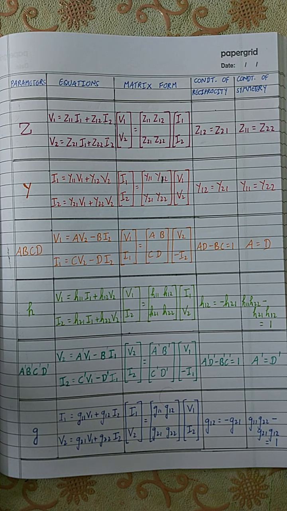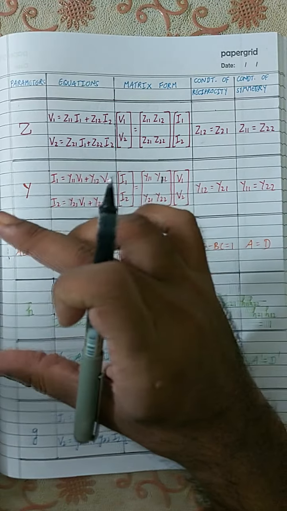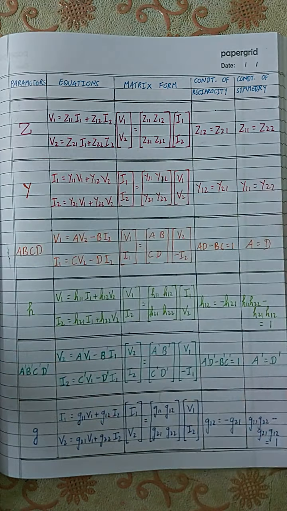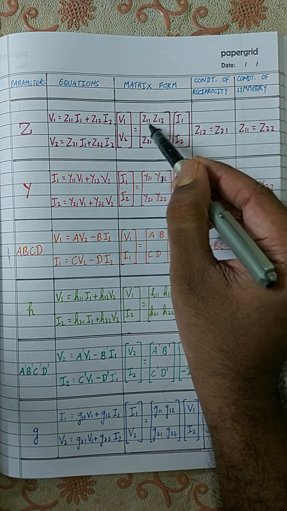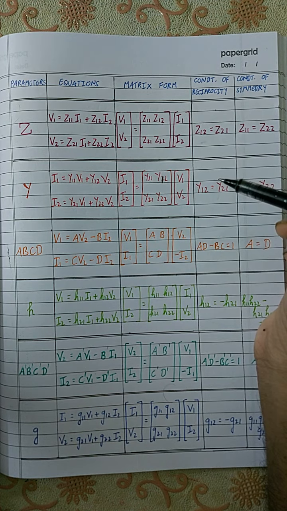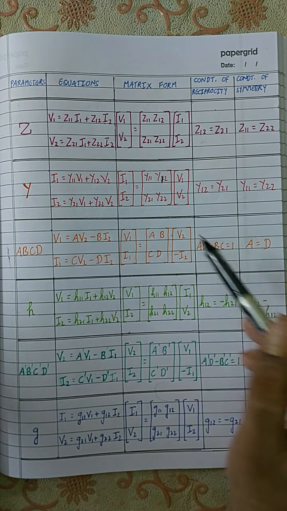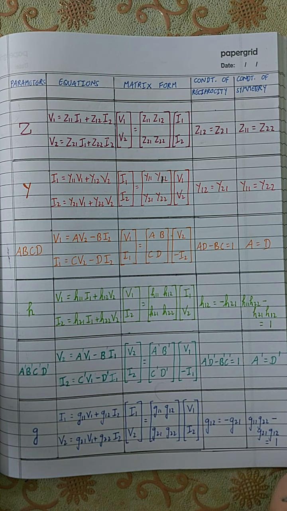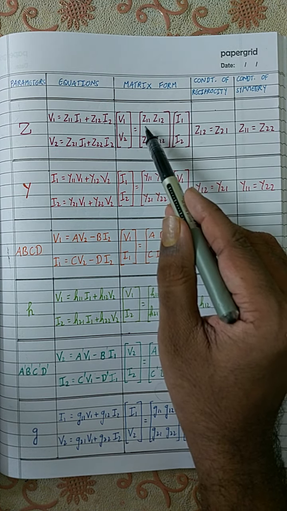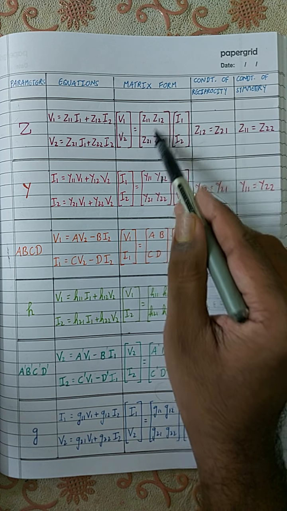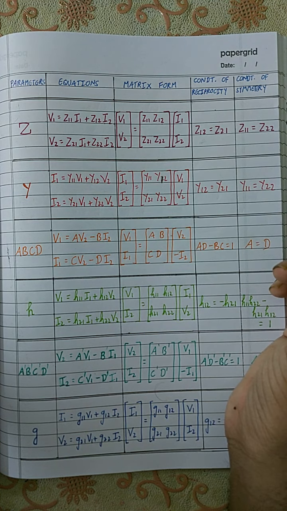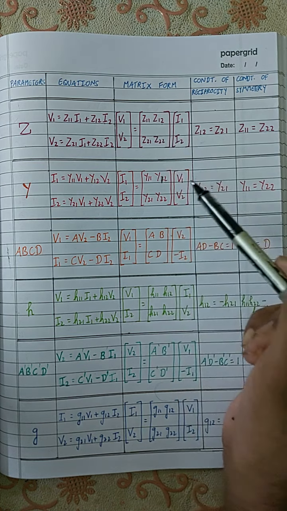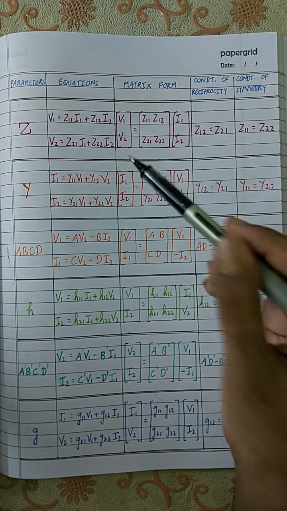You need to mark these four parameters. We know that at the input side, or at one port, you apply V1 and I1, at the other port we apply V2 and I2, and then you find the equations of different parameters. For example, if they ask you to find the Z parameter, you should find the values of Z11, Z12, Z21, Z22. If they ask you to find A, B, C, D, then you should find the values of A, B, C and D. If they ask you to check the condition of reciprocity, then you should check if these two values are the same. If they ask you to check the condition of symmetry, then you should check if these two values are the same. If they're the same, then they're symmetric. If they're not the same, then they're not symmetric.